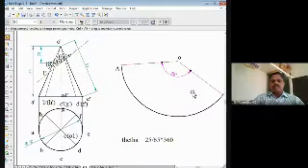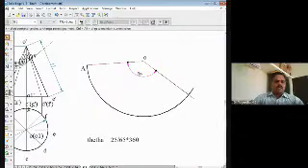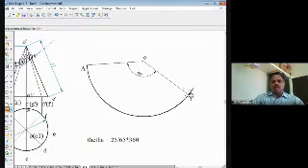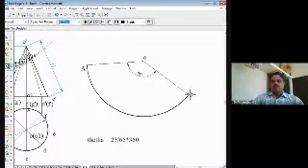Now we have to divide this extra line. You can trim off whatever the extra lines are here. Use that trim command, right? Extra lines you can trim off. So this is the point A now, right? This point is again A. So you have to see this out here.